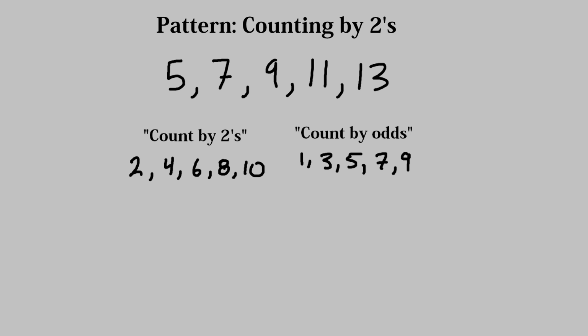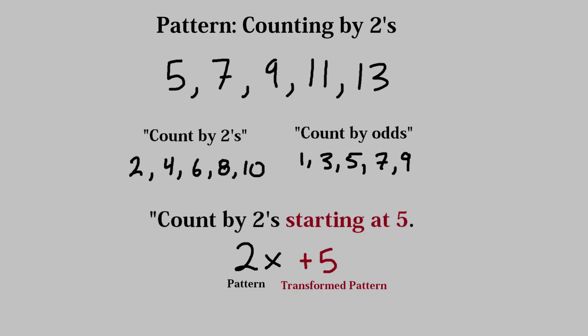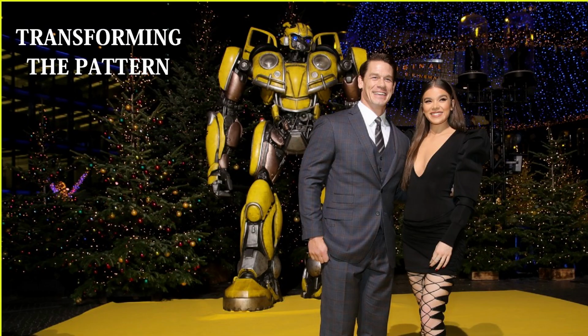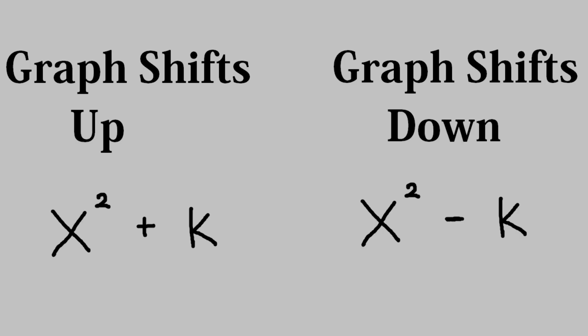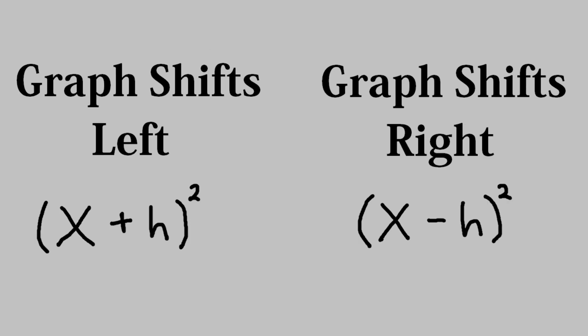You'd need to tell them something like count by 2s starting at 5. When you change a detail of a pattern without fundamentally changing the pattern itself, you are transforming the pattern. Transforming a function changes the positions or the dimensions of the points on the function's graph as well. Adding or subtracting numbers to a function in different places will shift the graph that many points up, down, left,